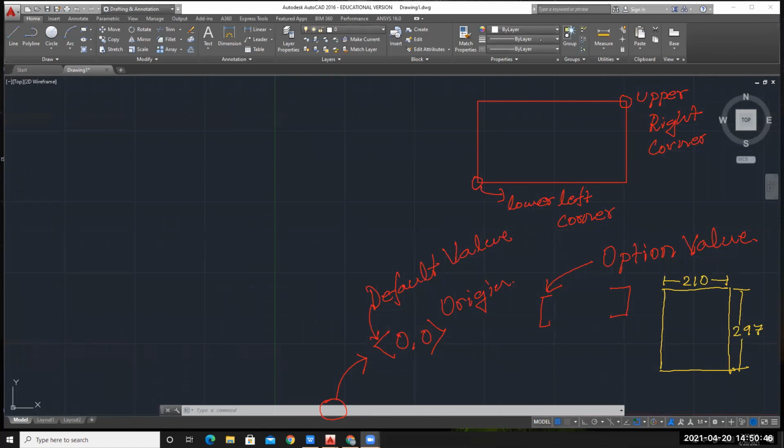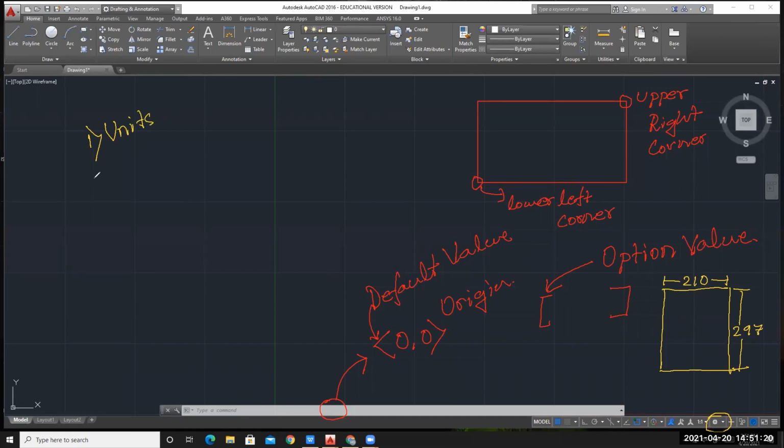I would like to summarize the commands that we have seen right now. When you start your AutoCAD, first you have to set your GUI setting using the gear icon at the right bottom corner. From there, you select 2D drafting and annotation. Thereafter, you have to set your units.